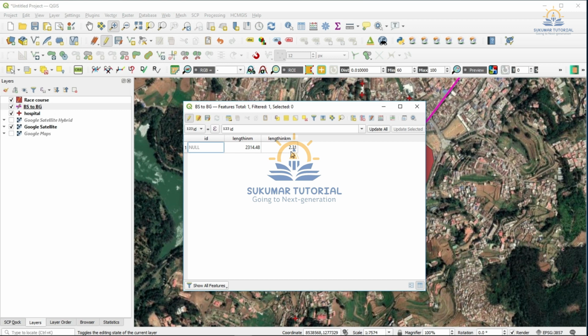Now we got 2.31 kilometer length. So one column I am showing length in meters, another column kilometers. This is how you can measure the length and calculate the area.